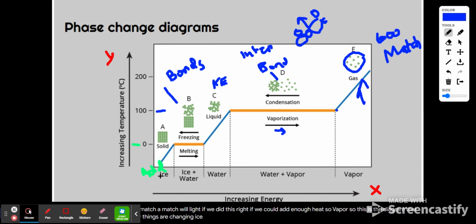Ice, we're adding temperature, we're heating it up. It's melting, and it's the transition between melting and freezing. So we have some ice and some water, all liquid. The temperature goes up till its boiling point, and then we have a combination